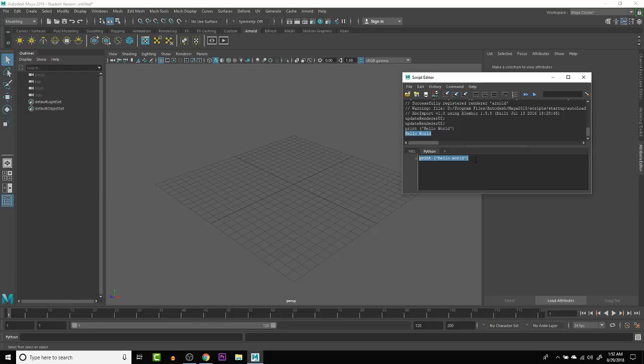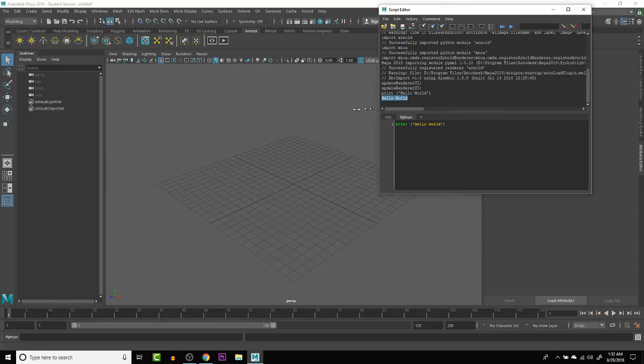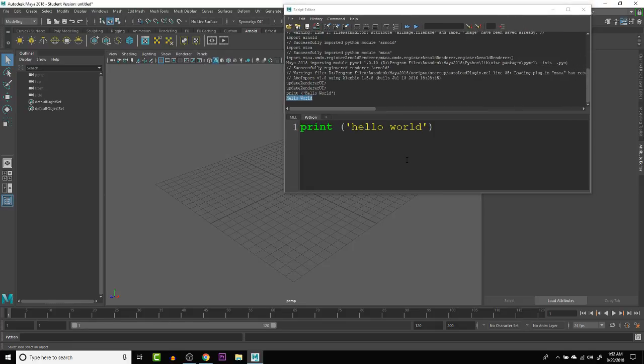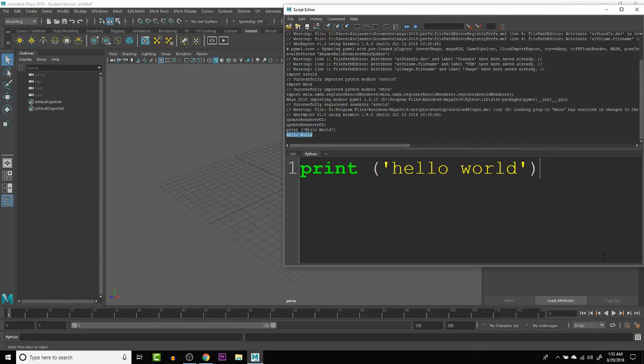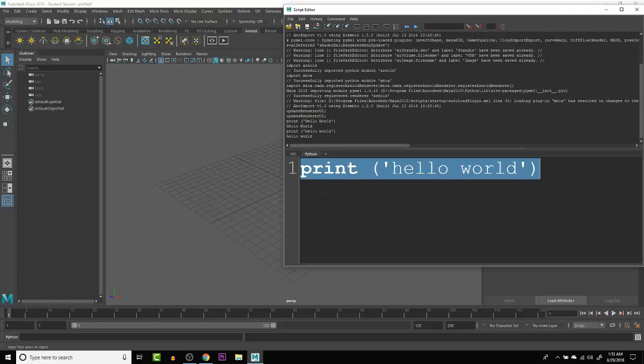Here you can actually see that it is color-coded. Let me make this a little bit bigger to be easier for you guys to see. If you want to make your text bigger inside of Maya, you have to push the Control key down and scroll the middle mouse button, and that will let you make your code bigger. If I highlight this and push enter on the numeric keypad, it runs that as well, and we get the hello world here. Typically when you're getting into Maya,